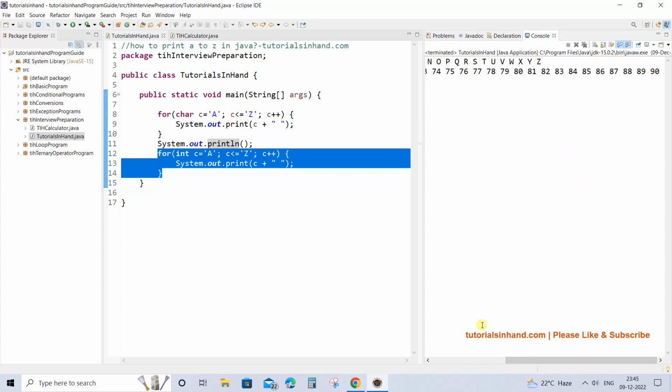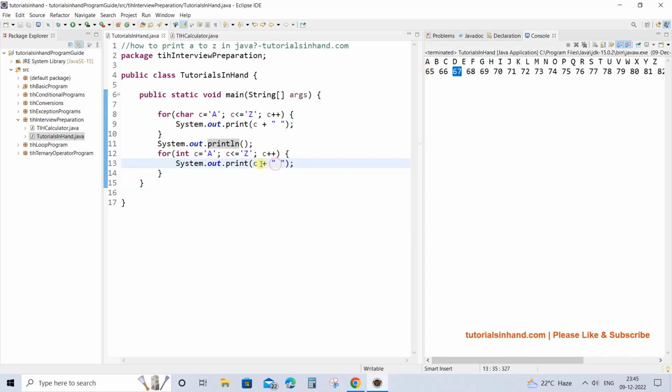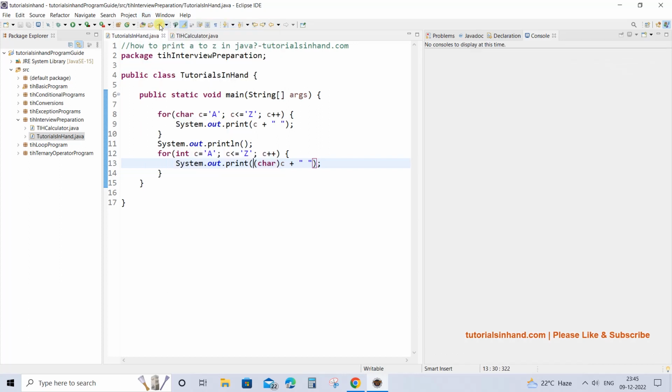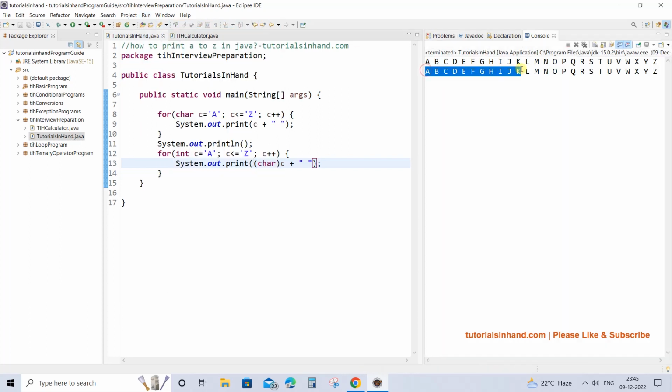Now instead of printing the ASCII value, suppose you want to print from A to Z, right? In that case, just convert this ASCII value to character. That means typecast it to character type. Once it is typecast to character type, if you execute, you will see that instead of 65, 66, 67, it will print A, B, C, D. See, now it is not printing the ASCII value, rather it is printing the letters A, B, C, D, and so on.